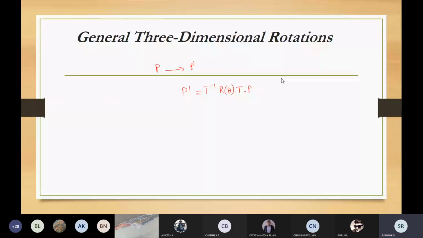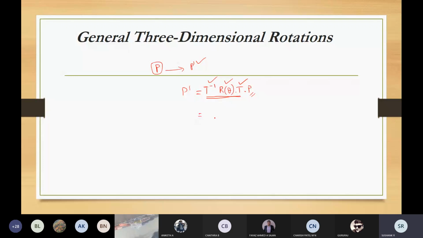This was my initial position and this was my final position, and I wanted to perform a rotation. In order to perform the rotation, the first step was the translation to that original point. After that, rotation, then again inverse translation. These are the three steps involved in rotating an object from its position P to P dash. These three components form the composite transformation.